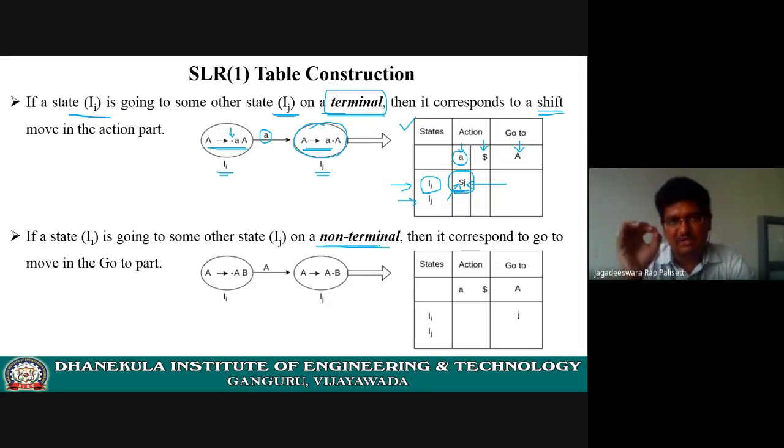The same state number only we have to write under the go-to part of the table. Am I clear? For that, this is the figure and point I include. Same thing. If I is the state and it has some production rule, and you are going to perform a go-to action with respect to the non-terminal, what do I have to do? Simply the dot operator is moved. After capital A, I have to include the dot. So this is the item set I get.